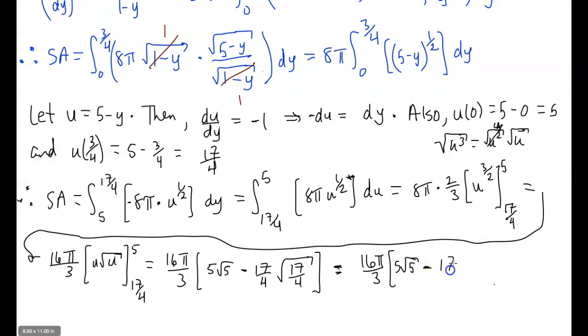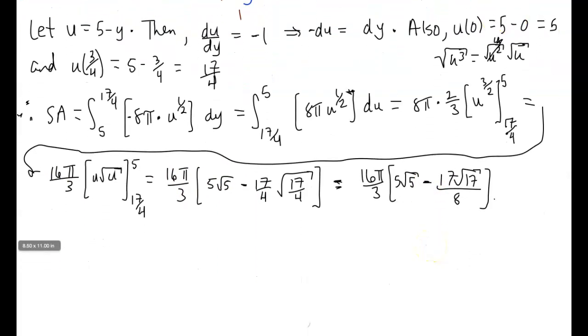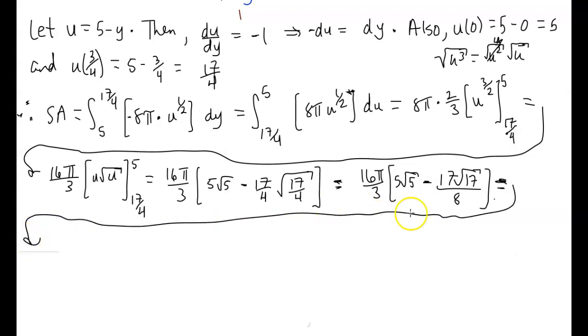So this will be 17 times square root of 17 all over 8. Okay. And then from that point, we'll just try to rewrite what we can here. All right, so I'll move this up. At this time, we'll go ahead and multiply through that 16 pi over 3, because that may help us simplify a few things here. So if I multiply the 16 pi over 3 times the 5 square root of 5,